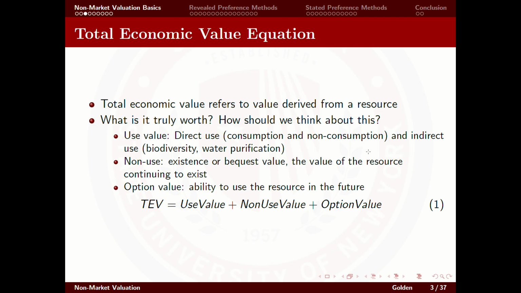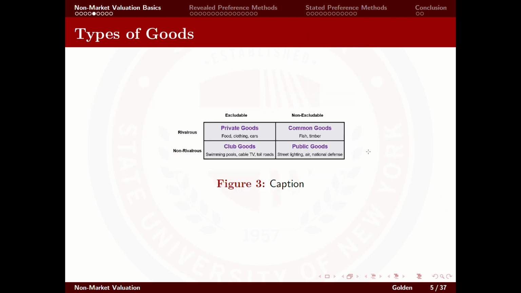They contribute to carbon capture, or maybe like the Everglades in Florida are stopping hurricanes. So some types of goods: you have excludable, non-excludable, rivalrous, non-rivalrous. So rivalrous and excludable, these are private goods. These are the goods that we think about in most economics, where you just buy it and you have a seller and a buyer and there's a transaction and there's not really a problem there.